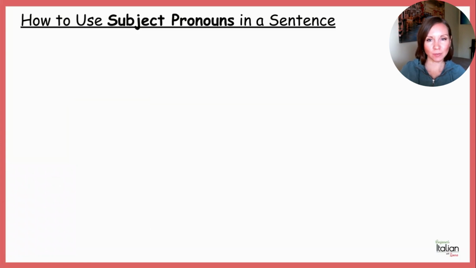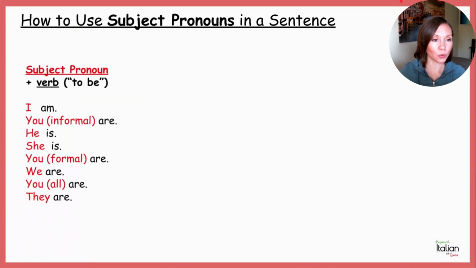Okay, how to use subject pronouns in a sentence. So in English, in this example, I have them all listed out first. Okay, so the subject pronoun is in red. So in a sentence, you'd have I, you, he, she, you, we, you all, and they at the beginning of